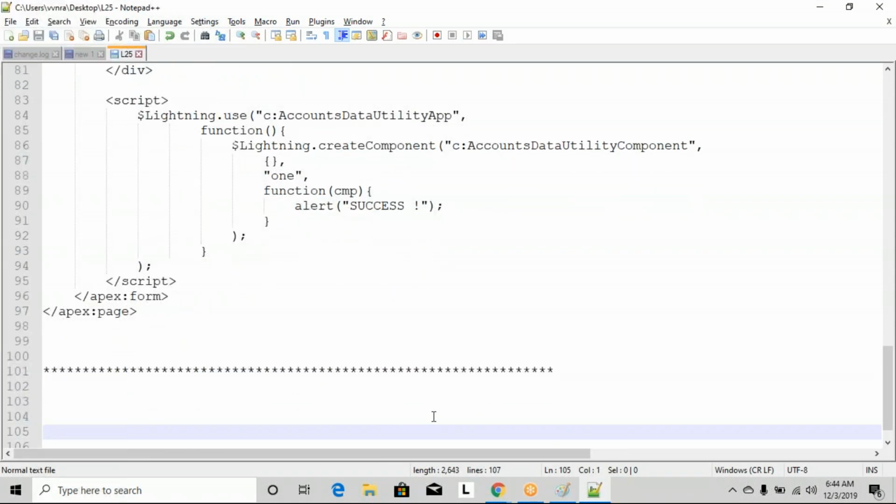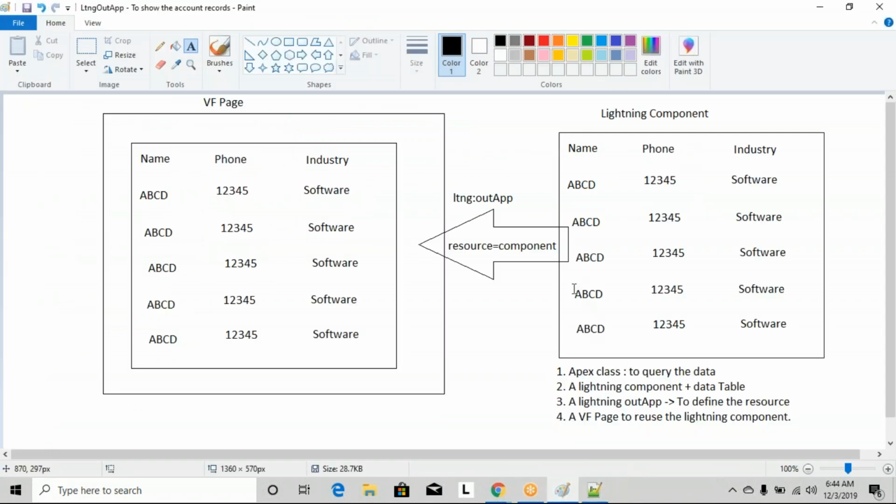So let me do some changes to the same example. So my another requirement